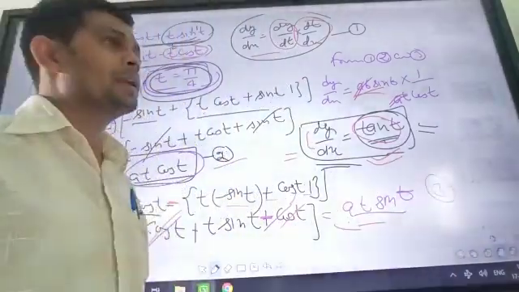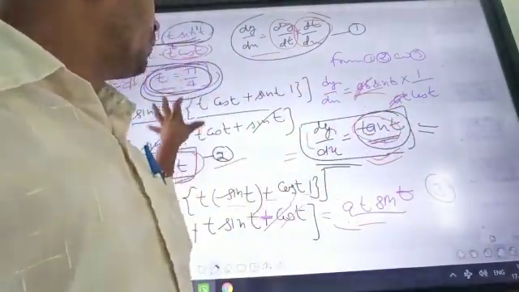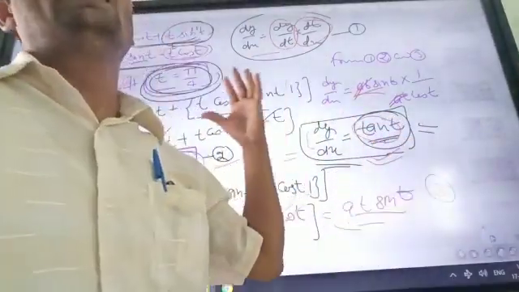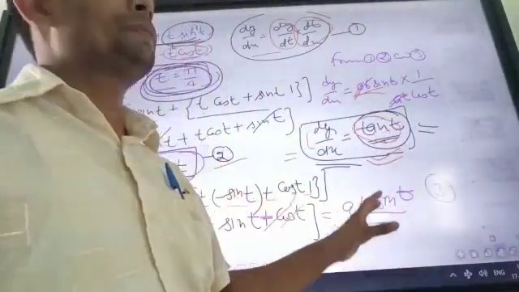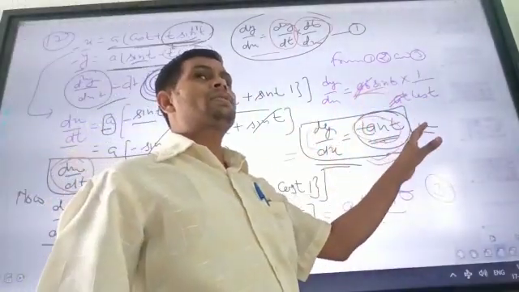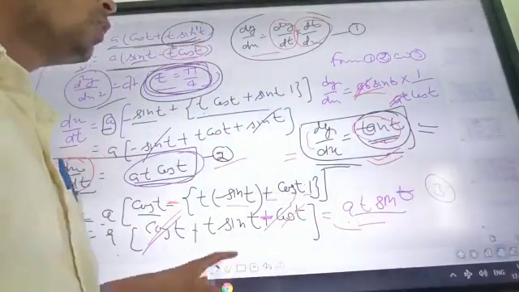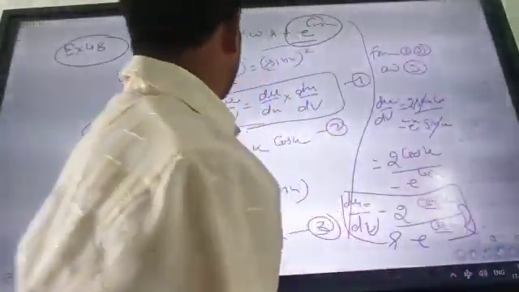And one more important thing, you should always simplify dy by dx in such a way that it gives you either tan t, cot t, tan theta by 2, or cot theta. That is a simple or single term. If it is giving more than this, then you have to simplify it further. Okay, so now you have to find out the double derivative. So we are moving on to the next slide.